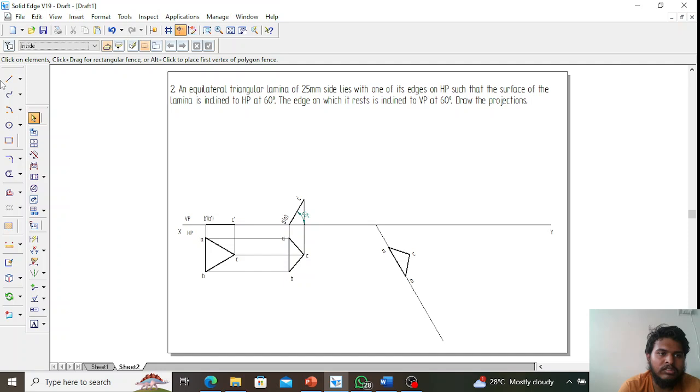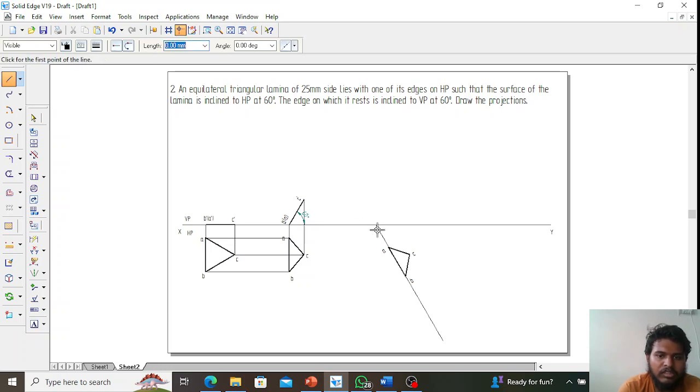Now what we'll do is we will project it upwards in the VP. So this is to 0.13, right? A to A is here only, so up to here. B is also here. And C is